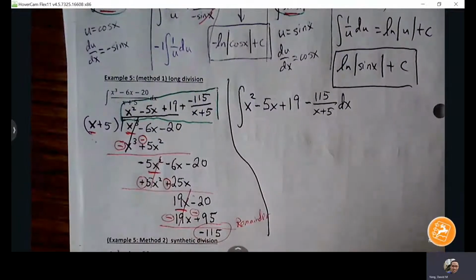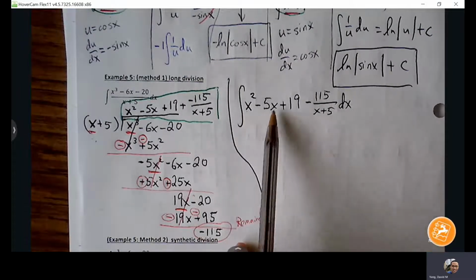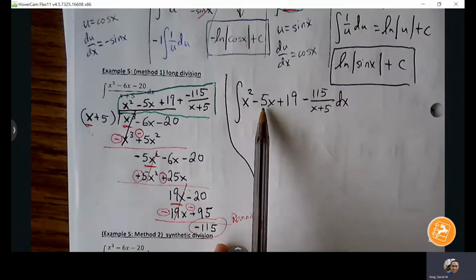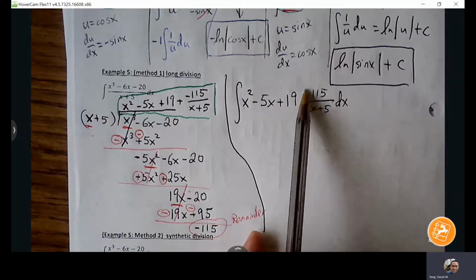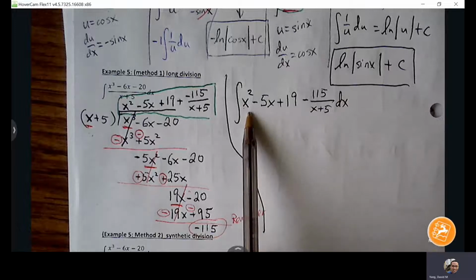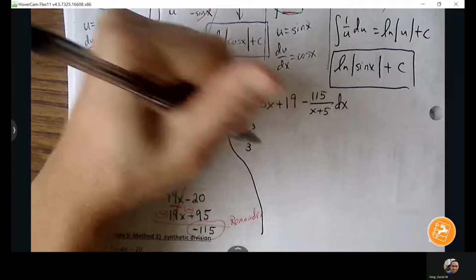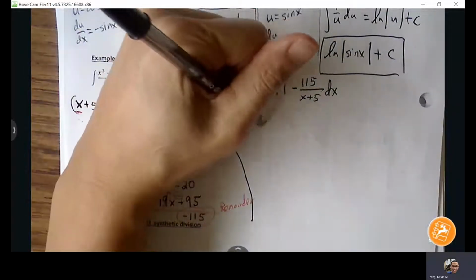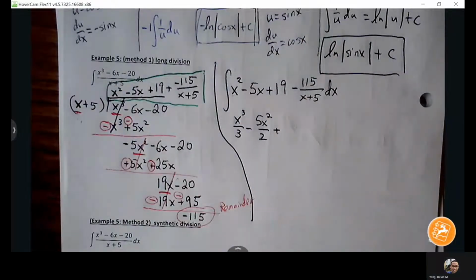Okay, so the nice thing about long division is that it splits this up into 4 problems, and we can just basically handle each problem on its own separately. So the first 3 terms is easy, power rule, power rule, power rule. And the last term, it's just a relatively easy U substitution problem. Okay, but let's do the easy ones first. x squared becomes, okay, next up, 5x. Plus